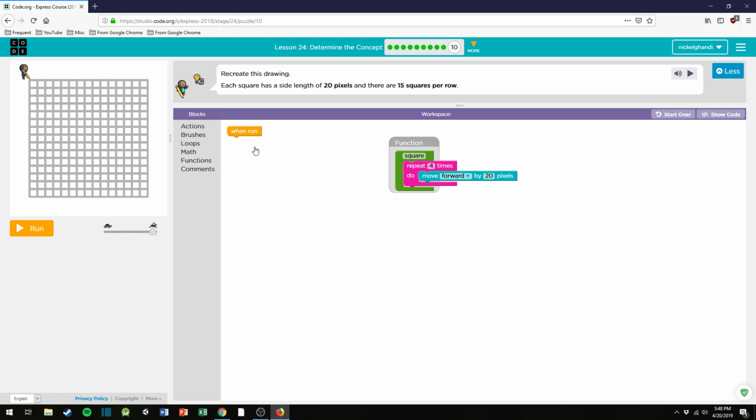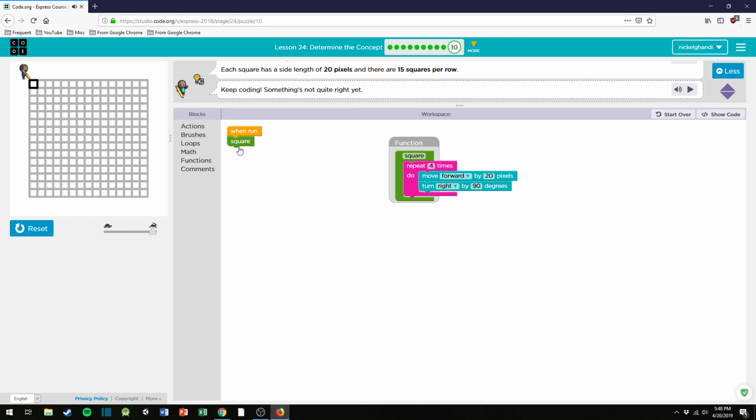20 pixels, and then we're going to turn right by 90 degrees, and that's it. So now let's just test to make sure we can draw a square. Okay, square is drawn. We'll pull that away for now, and then to draw a line of squares, which is our next function,